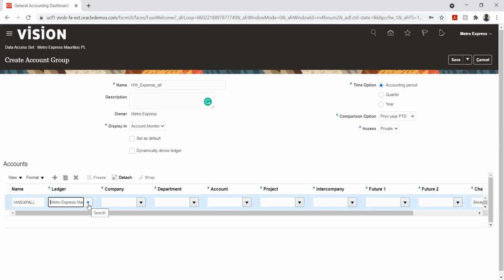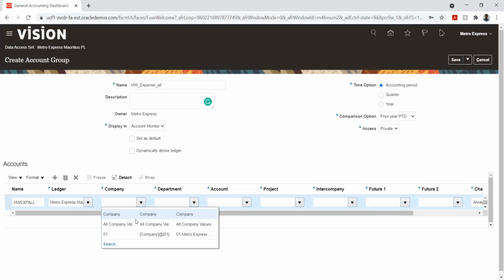If you remember, in our last class also, we gave this data access security profile. Based on that, the system will pick the ledger name. Okay. From this ledger, the system will identify what accounts are being used under this particular combination. That is the chart of accounts. Under this chart of accounts, we have only 01. Okay. But for now, I'm choosing all company, all department, all accounts.